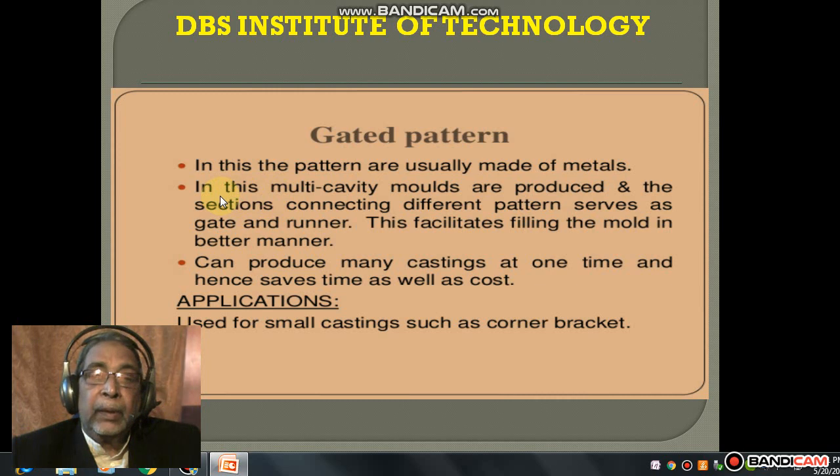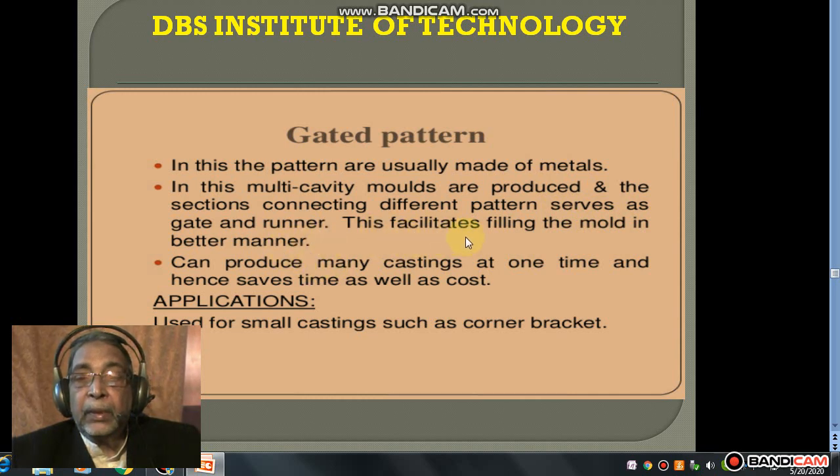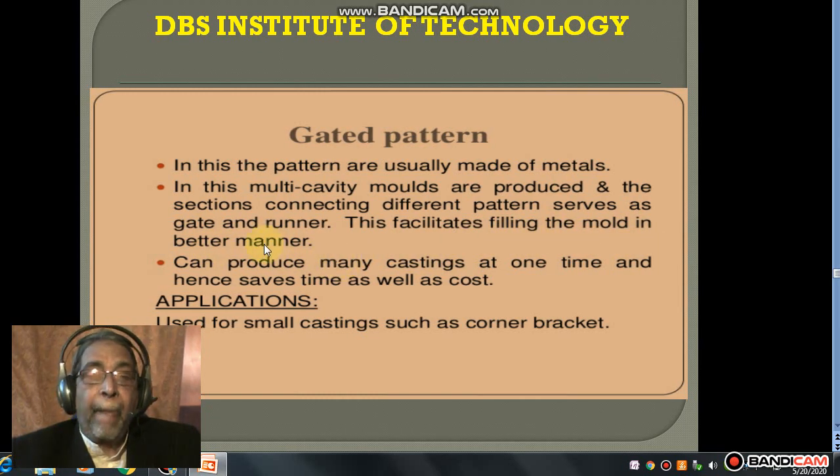This is a multi-cavity mold, and the sections are connected in a different pattern and serve as gates and runners. This gives a facility of filling the mold in a better manner. We can produce many